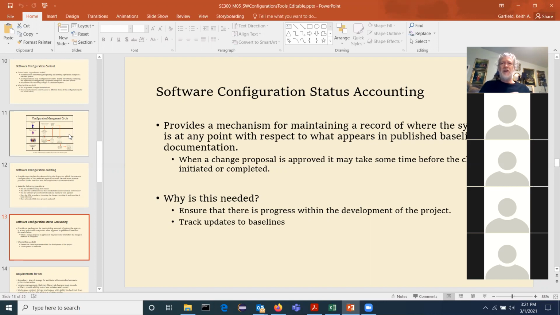All kinds of time-based issues crop up. And so the accounting would be the long-term view: where are we on this change? Is it complete? If it is complete, when did it get completed? Because eventually somebody's going to ask you, right? The customer asked for this stuff for a reason. Somebody's going to ask about it. So being able to establish the status of these things becomes useful.